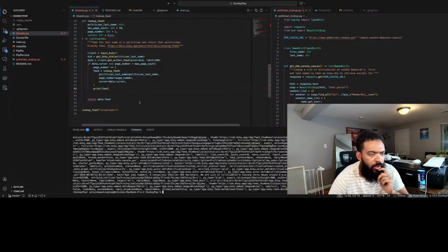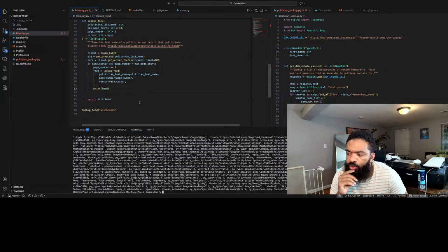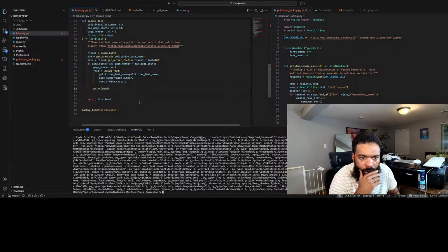That's good to know. Okay, so now I just have to figure out how to make each of these persist. Did I just do like a while loop or something?